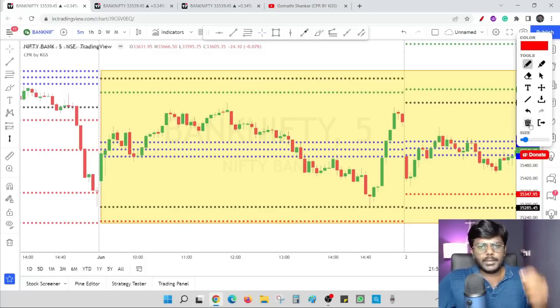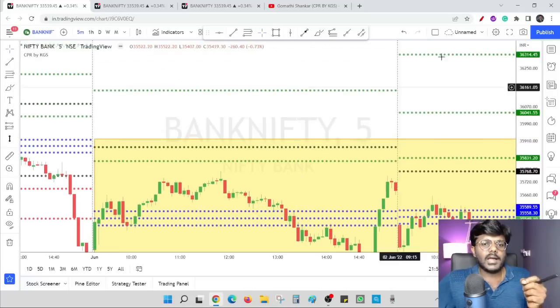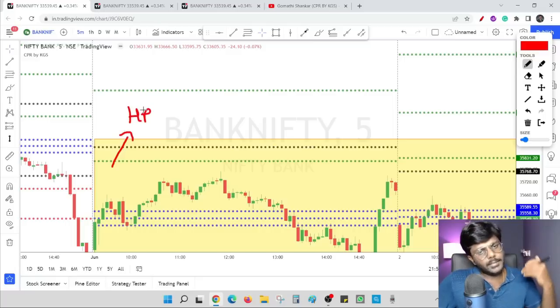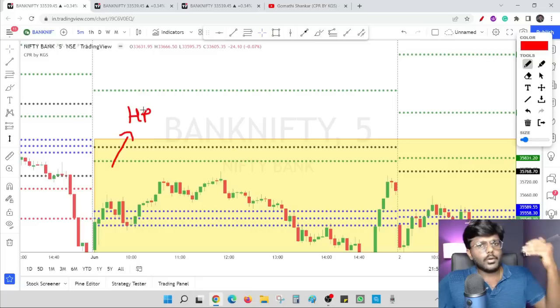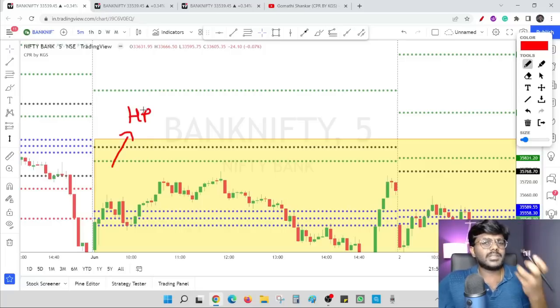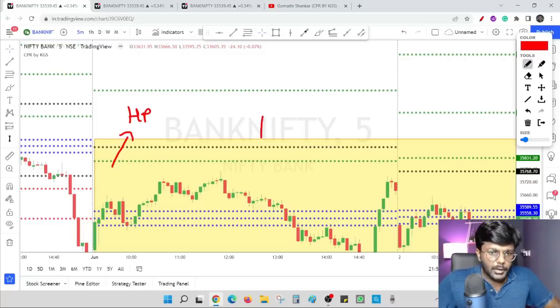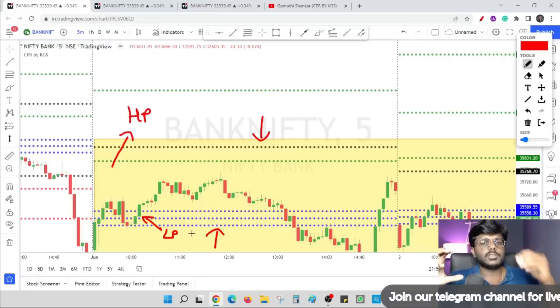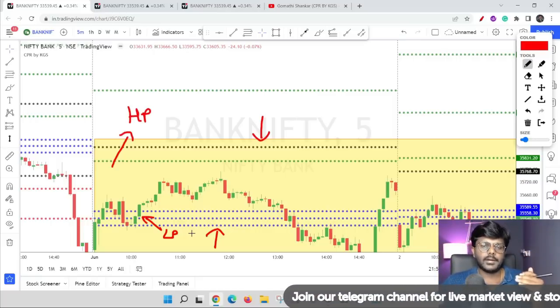Remember, when the prices are breaking R1 and previous day high, you can take a long position and that is a high probable trade. Whereas when the prices are coming out of daily CPR or bouncing from daily CPR, you can take a long entry, but that is considered a low probable trade because the prices are trading below previous day high and above daily CPR. So this is like a zone. We are calling it a low probable trade because the market is stuck inside a range, previous day high and daily CPR.